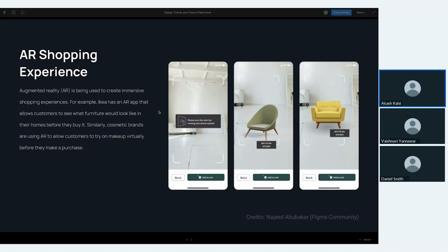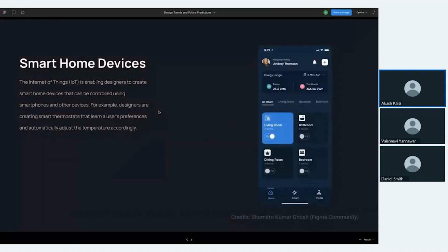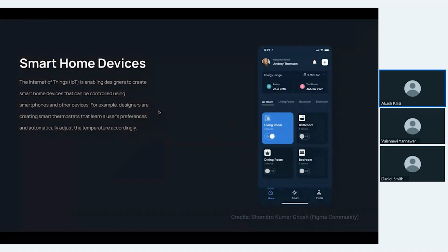The next we have is smart home devices, which are a great example of IoT technology in UI UX design. These apps are so great in the market that you can literally manage your home with your fingertips, and all your devices are connected to the internet and can be controlled through your app, which is connected to the same internet connection. So we can use smart home devices to create more seamless and intuitive experiences for our users. How we can do that needs a bit of research, and maybe you can take some help from AI or ChatGPT to answer this.